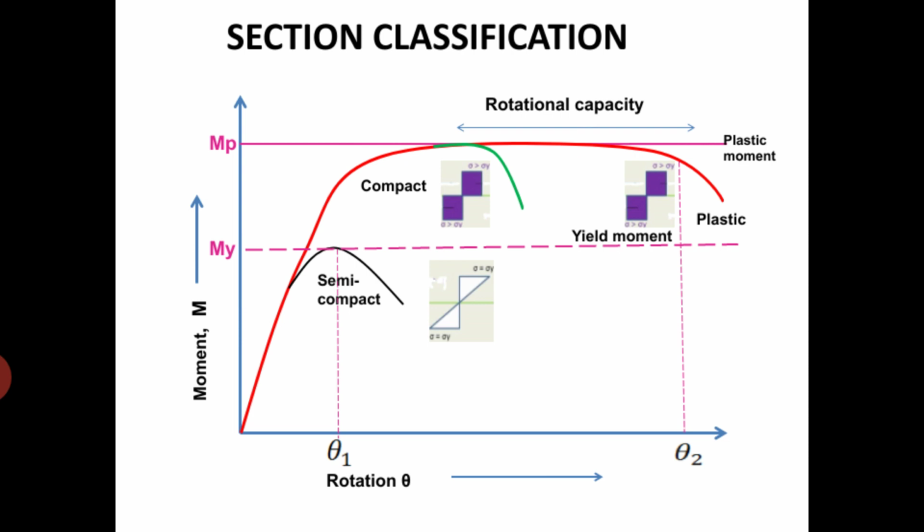So that is what this curve represents. So next will be slender sections. So what do you mean by slender sections? So the cross sections